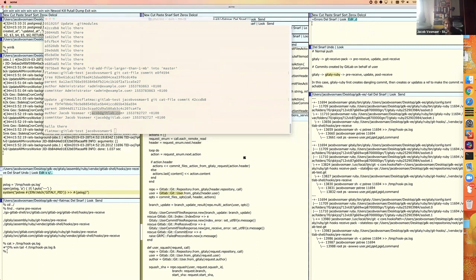So that goes into something called multi-action, and let's look for that. Sorry, when you say it fills in the fields in the commit, you're only talking about through the web IDE, right? Because you can override that when you set your local Git config. Yes. Well, if you're using local Git, then your local Git is creating the commit object, so it's using your local config. But the abnormal thing about features like the merge button and the web editor is that you're not creating the commit. You're clicking a button and GitLab is creating a commit, and GitLab is impersonating you,